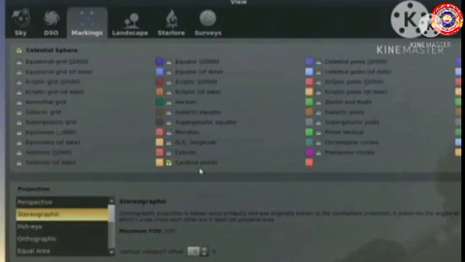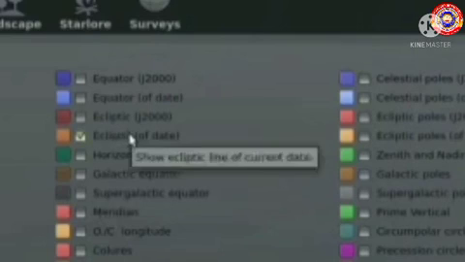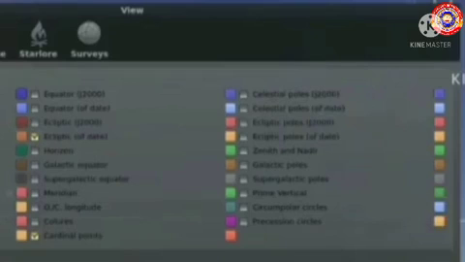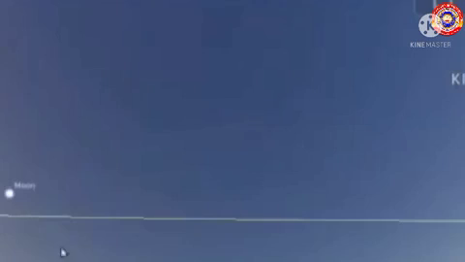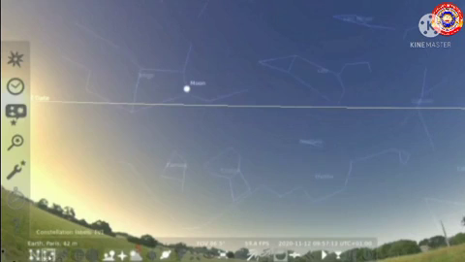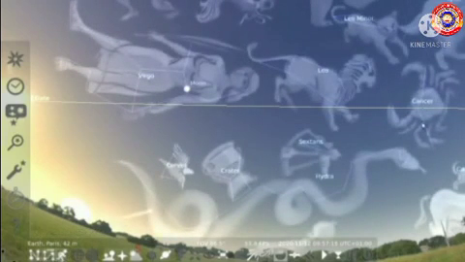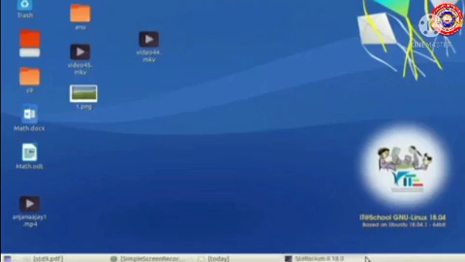Then from the celestial sphere, select Ecliptic of Date and close the window. Can you see the ecliptic line here? We can see the constellations in the ecliptic line by clicking CVR at the status bar. Clear?